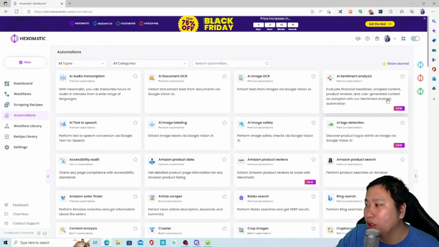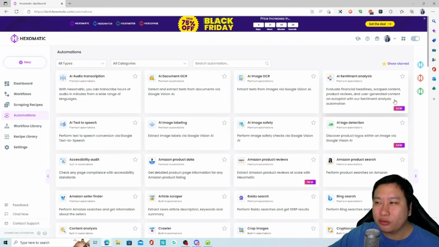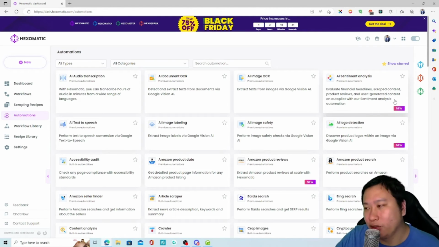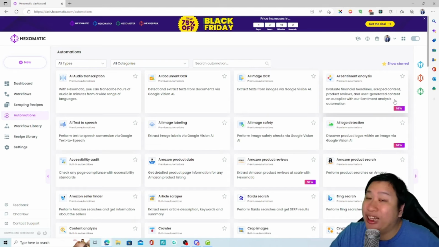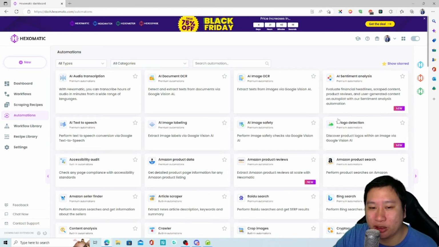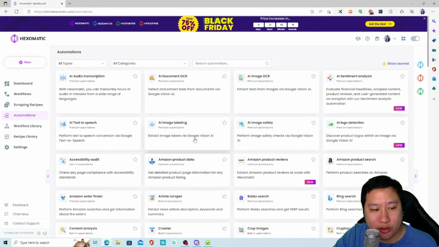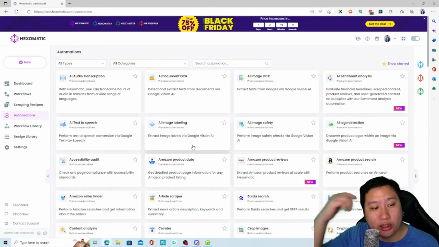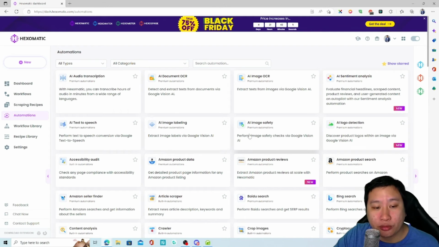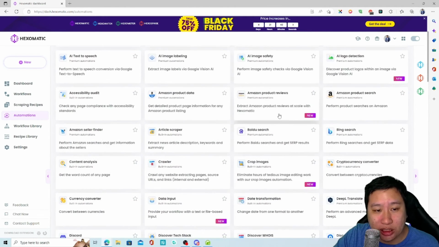So for example, "Scientists discover primitive bacteria in Antarctica" would be a bad sentiment, something like that. Okay, then you have AI text to speech, so you can convert text into speech. AI image labeling, AI image safety,